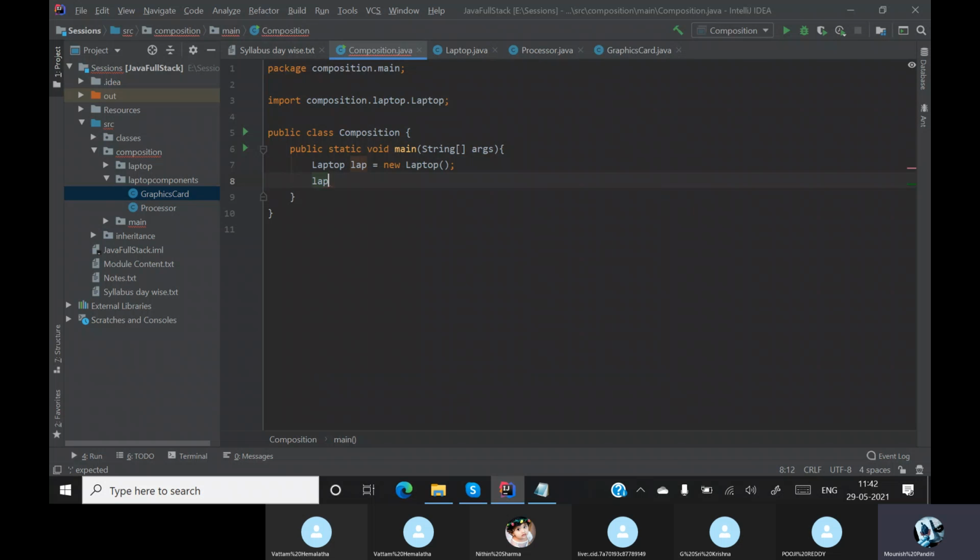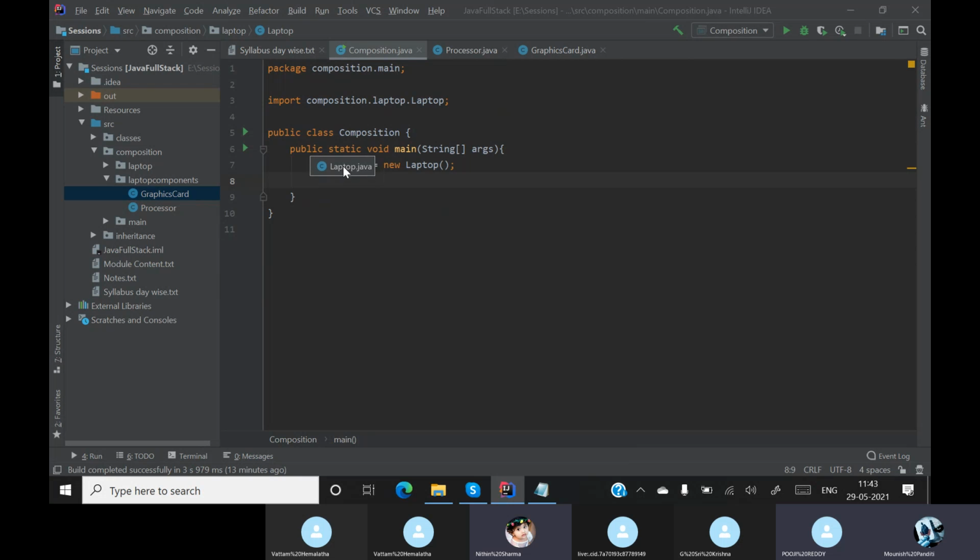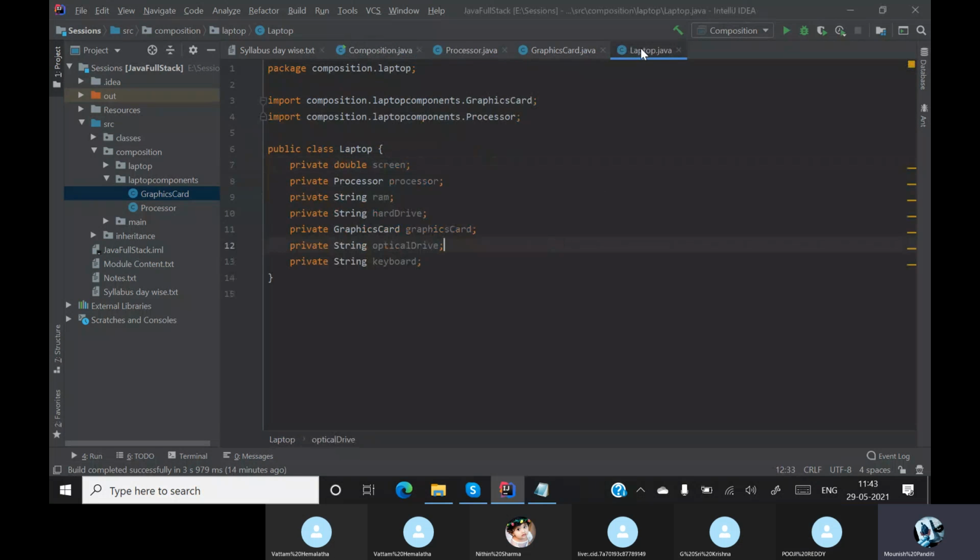The reason we are not finding anything in the laptop is, one, it is private. Two, there are no methods in it. Because we are not having any getter methods, we are not able to find out anything over here. But what is the use of having getter methods if you have some data, then we can get it. Is there any data over here? No, sir. Obviously we are not having any data over here, so there is no need of having getter methods. So initially I'll give some default data.